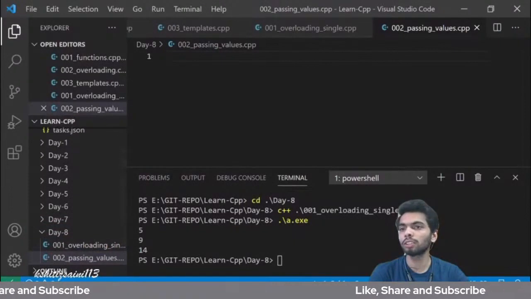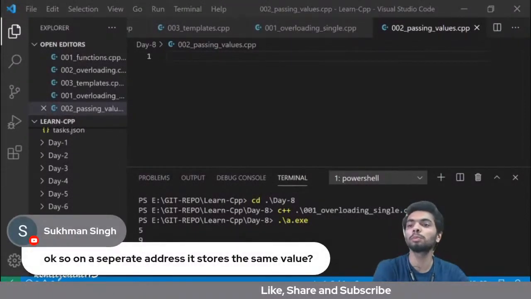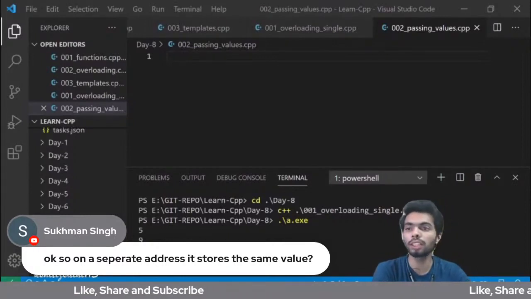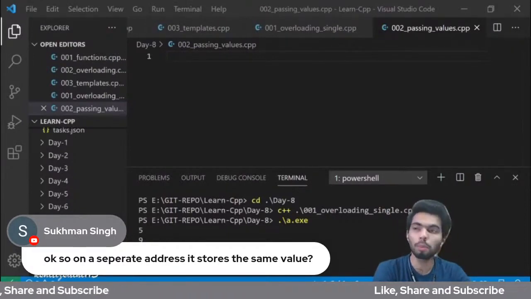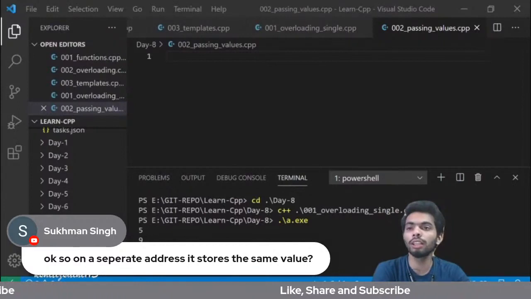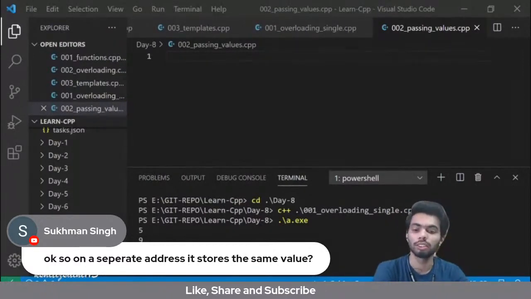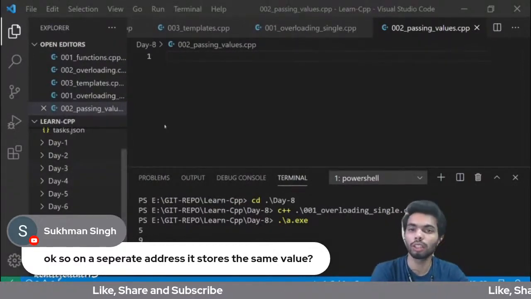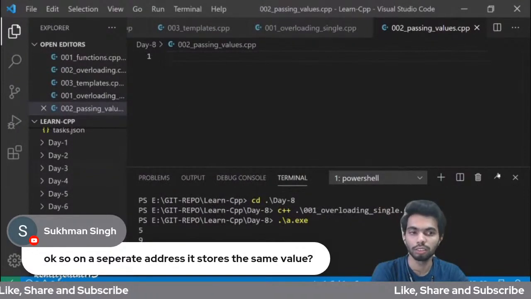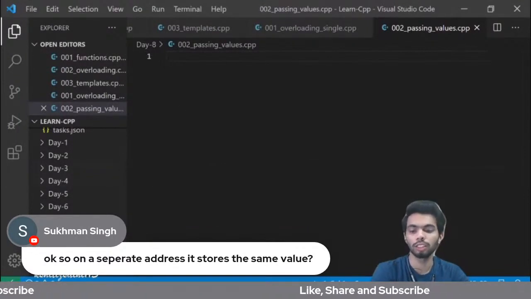So, on separate address, it stores the same value. It creates a copy of the value. Even if you pass an array, it will create the copy of the whole array rather than directly accessing the array. So it will create a copy. You are completely right. अब थोड़ा आगे देखते हैं।